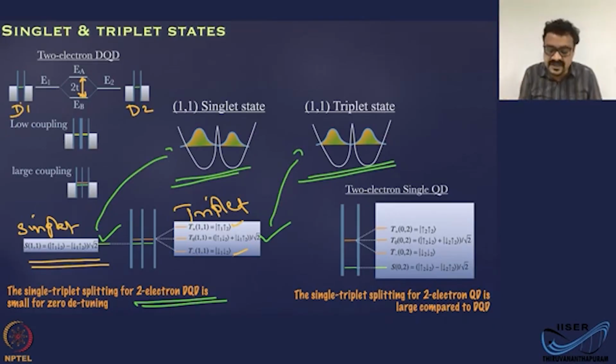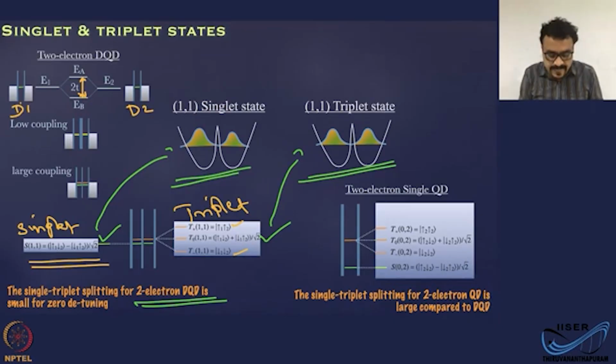For a singlet state, there is a little bit of bias in the charge distribution towards one of the dots, and for a triplet state, the charge distribution is perfectly symmetric. But the energy levels of the singlet and triplet states are pretty close for a double quantum dot system